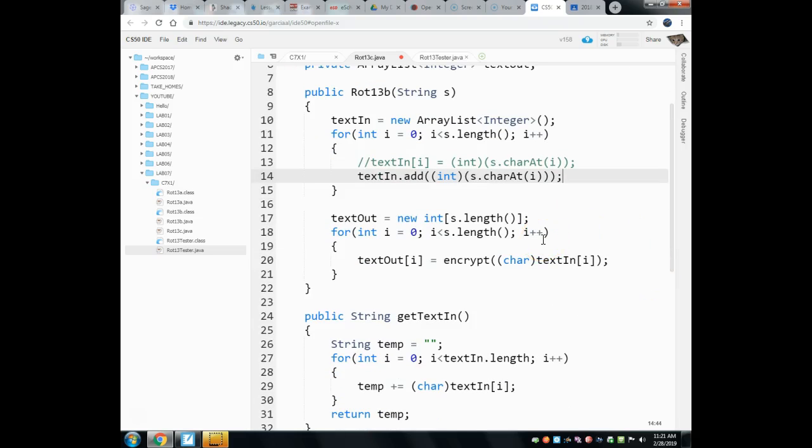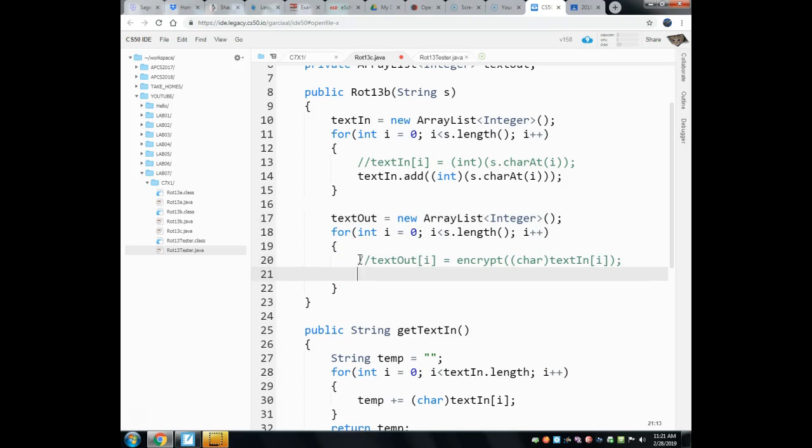Well, again, we have to construct an array list of integer objects, so let's just copy this right here. So text out equals new array list of integer objects, constructor, method, right, method. And then for i equals 0 to s.length, that stays the same. And then we're going to do text.add, well, let's see, this is what we had before, right? So we're going to say, basically the same thing, but we do textout.add